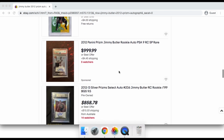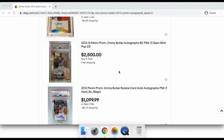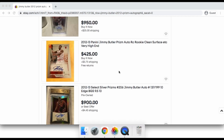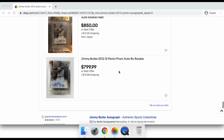In 2012, during Butler's rookie year, there was no Topps, there was no Prism, there was no Optic. So a lot of the demand for Butler ends up going towards his 2012 Prism. So I think there's a lot of great opportunity in a volatile card like this to buy Jimmy Butler when